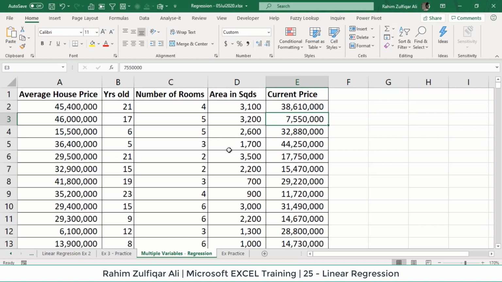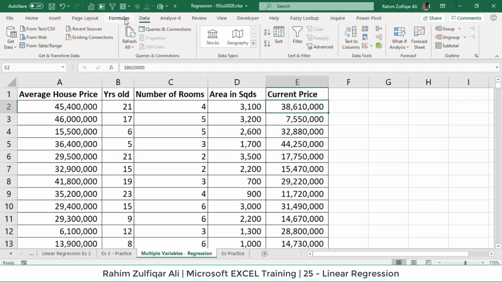Again, this is not real-time data. This data is dummy data, fictitious data, fake data, just to explain how you apply regression in Excel when you have multiple independent variables. Once you have multiple independent variables and you want to apply linear regression, first you need to see whether you have